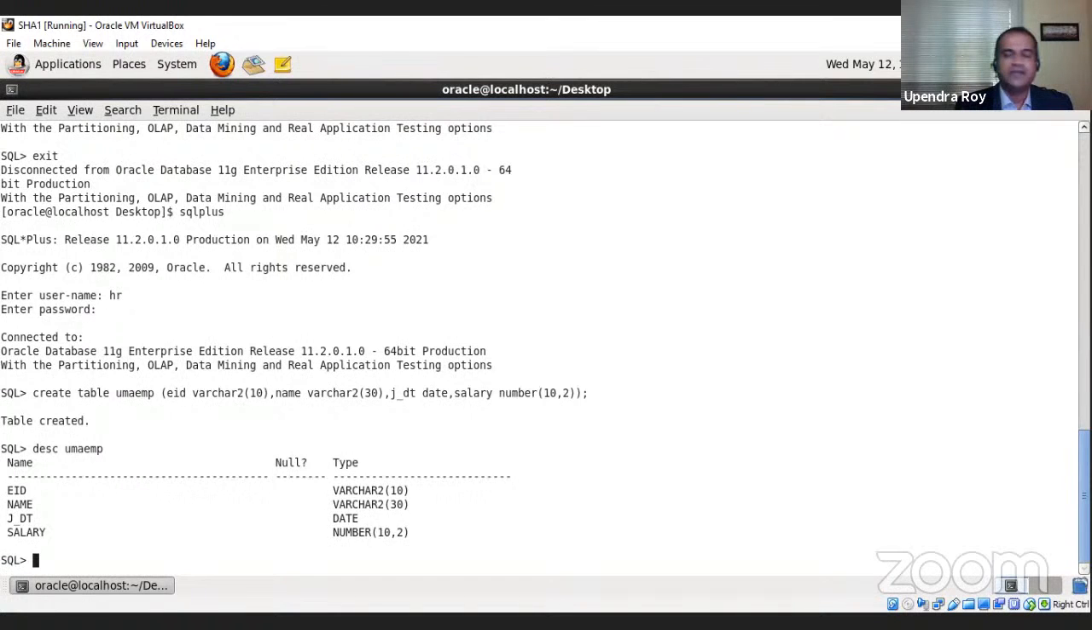Now you might come and say, sir, you have given this EID as a character, but I want to keep this as a number. I want to change it to the number type. So how to do it? We have gone through the create keyword. The second keyword I told you is alter. So: alter table, table name,